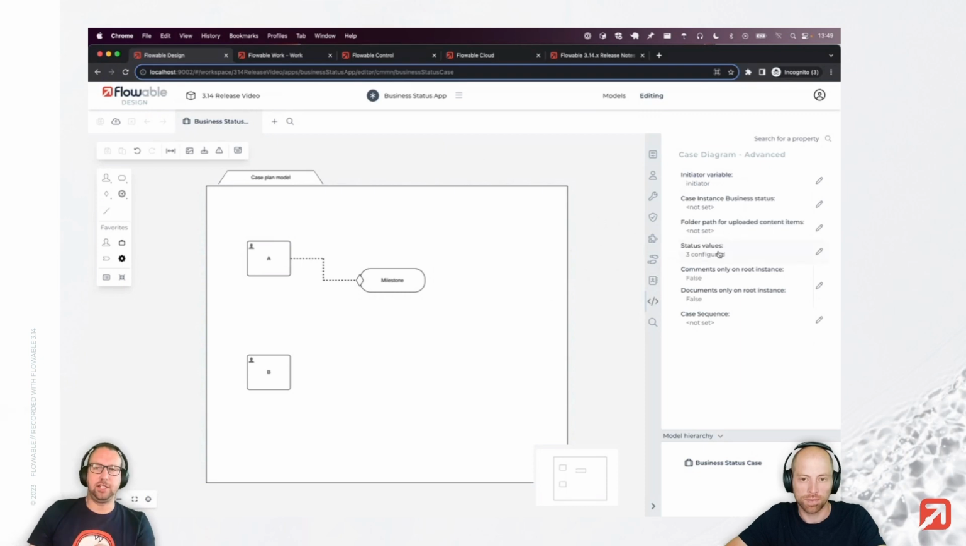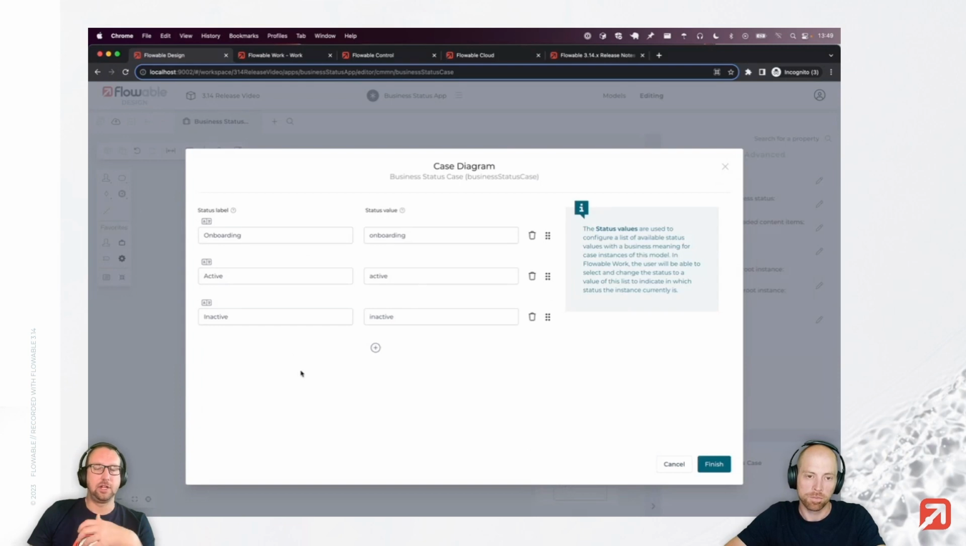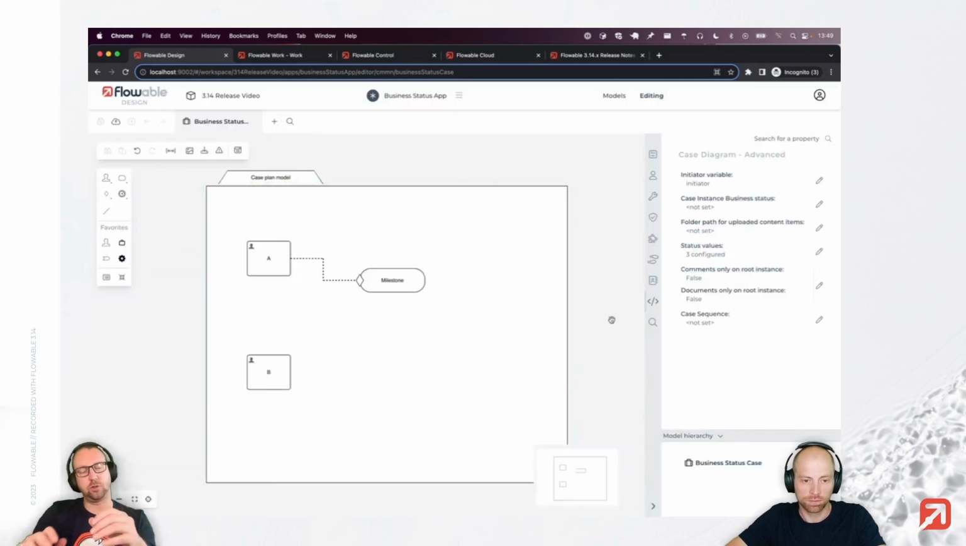So what I've done here is, on the root level, I configured 3 different business statuses: onboarding, active, inactive. And normally, but this is of course a simple demo, you have stages and you move from one stage to the other, into different phases, different business statuses of your case. Now, what I've done here is something very simple. I got a task A. When it reaches the